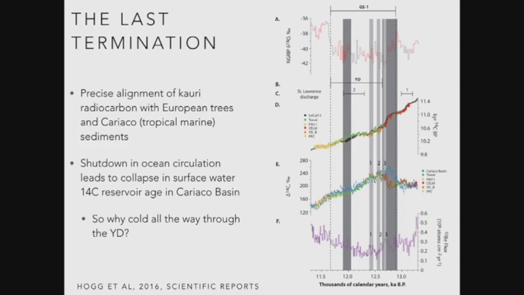One of the arguments seems to be that actually that massive collapse in C14 age, the divergence, is a result of the Atlantic shutting down. Basically, you get stratification of the surface waters, you're no longer getting an upwelling of old carbon, and the surface waters now just reflect truly the atmospheric C14.